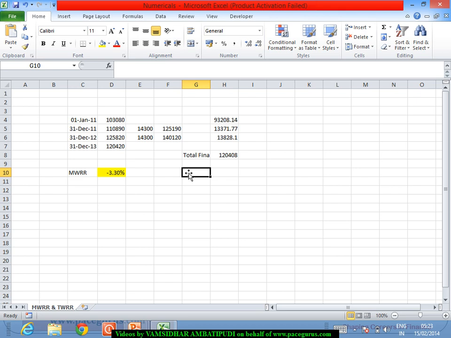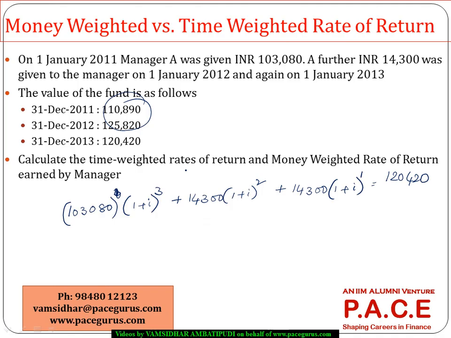So here I am not bothered about some of the things we need to understand. I am not bothered about what was the value of the fund at 31st December 2011, 31st December 2012. I am only bothered about the final output value for the fund, and at the same time what cash inflows and outflows have come out from the fund. So wherever there is a change in the cash flow, that much is typically taken out or added back depending on whether it is added or removed from the fund,